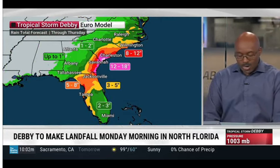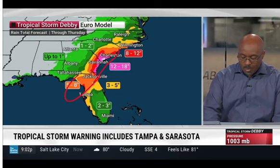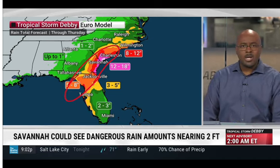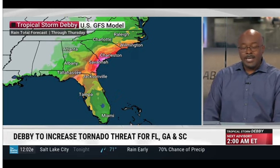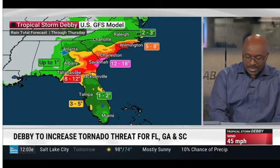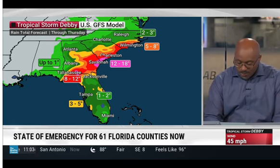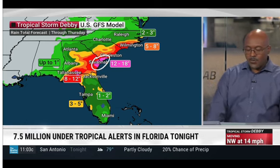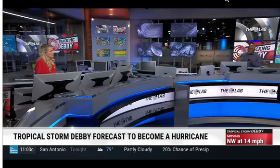But in the meantime, watch that rainfall. The European model has a swath of heavy rain for basically the Big Bend area all the way up into South Carolina. Some of those areas south and west of Charleston, we could be talking about maybe 1.5 feet to close to 2 feet of rain adding up. The GFS American model shifts some heavier rain, maybe even back into the southern suburbs of Atlanta, where we could see 3 to 5 inches of rain. But overall, the bullseye of heavy rain is right there, basically between the state lines of Georgia and South Carolina, 1 foot to 1.5 feet. A lot of heavy rain. We start talking about, Jen, a slow-moving tropical